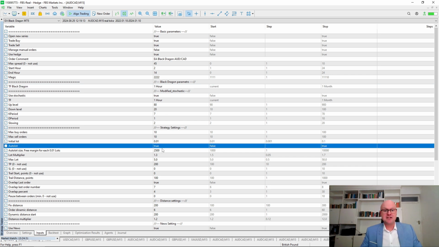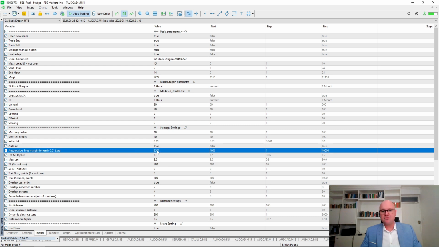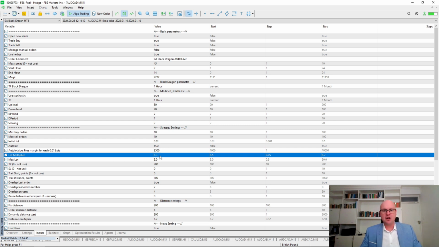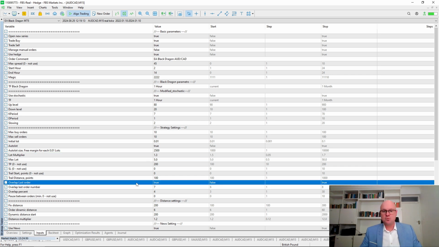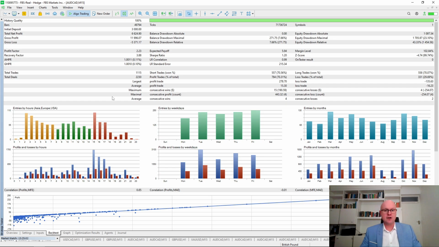You'll notice that it is a more aggressive lot size for free margin, using 2500 and an lot enabled. I did lower the lot multiplier from 1.5 to 1.3, which gives us a bit more breathing room and smaller lot sizing. Then additionally, this one has an overlap number of 7 and 4. However, it uses the default settings for the grid distancing. This means the first 6 orders are 200 points apart or 20 pips, and then after this it multiplies it